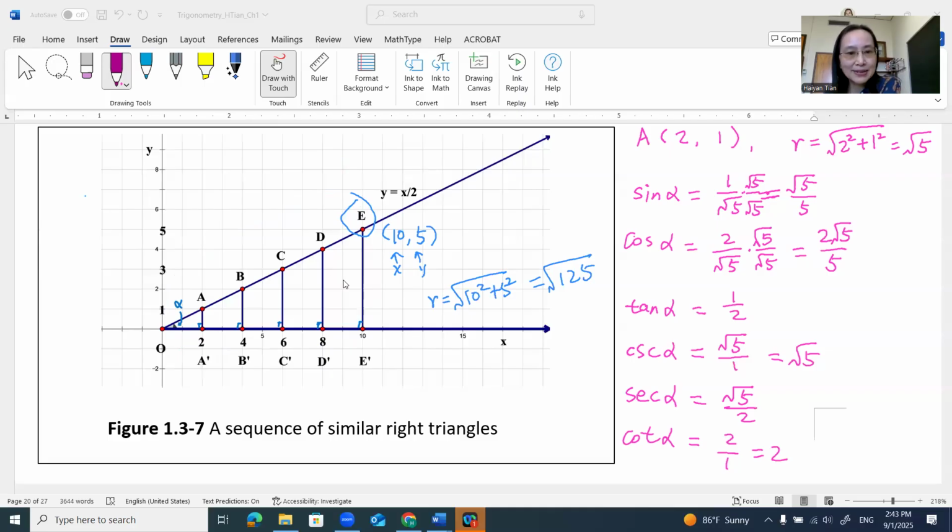So they're similar, we can see quickly. That means the ratio of corresponding sides is always the same, constant. So let's think of using the E point. If I calculate sine alpha using E,